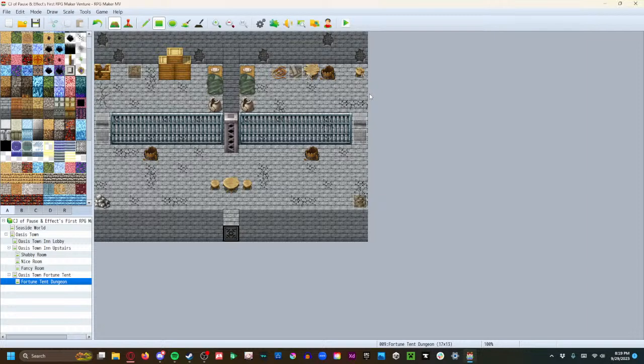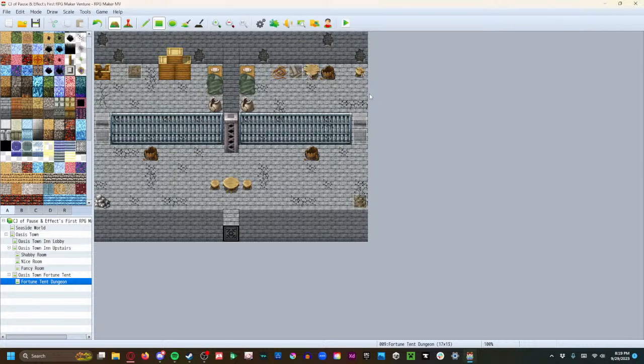And fortunately, if you watched the previous tutorial, you already know how to fix this. What we're going to do is we're going to create a new event command at the very end of this, control self switch, turn self switch A on, then in a new event page, make the condition self switch A is on, but instead of having the trigger be auto run, it'll just be action button, so it doesn't actually affect the player at all, and it just sits there in the top corner doing absolutely nothing and doesn't affect the game at all. So now, when the auto run occurs, it's going to play this dialog once, then it's going to set auto switch A,